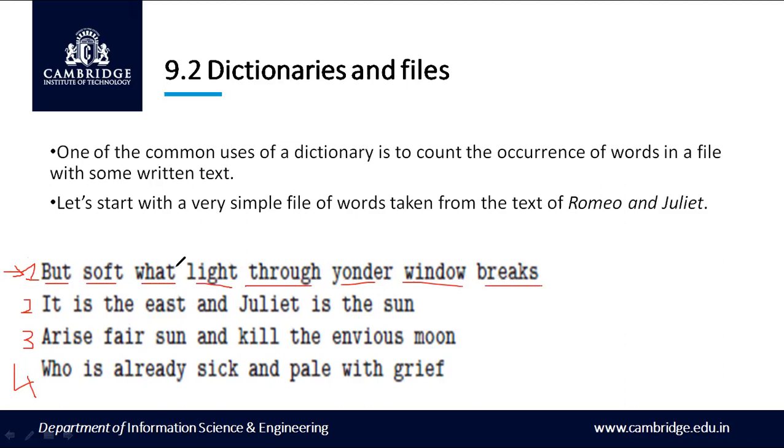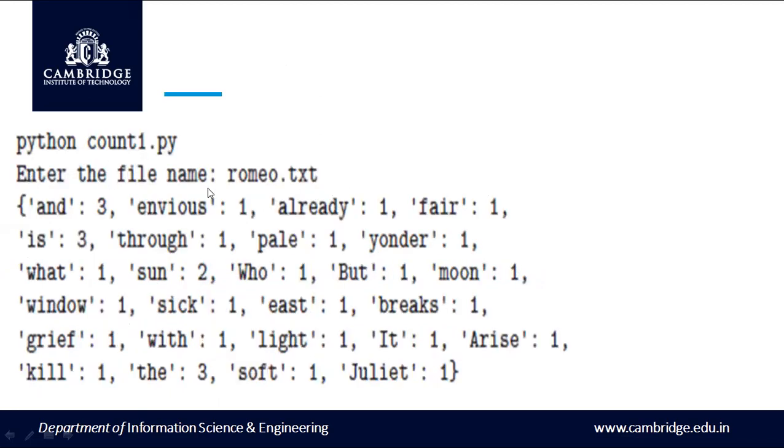For this particular text file, it counts how many times each and every word has occurred, and it will return the count. The output for this is: here you can see Enter the file name: romeo.txt. The user enters this because we have used the input function. The user is prompted to enter a file name, and he enters a valid file name. You have to observe that the order of words is not alphabetical, because there is no order for the key value pairs in the dictionary.